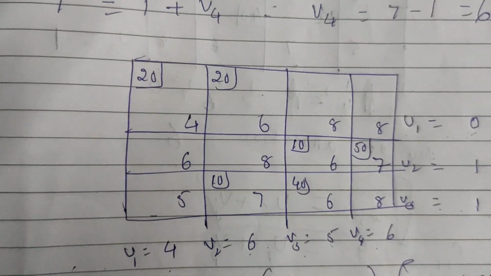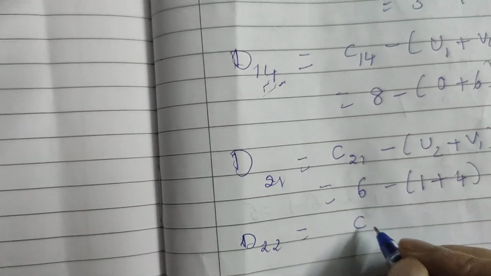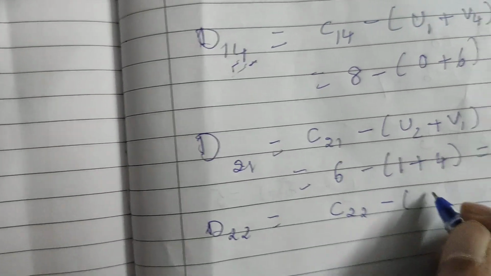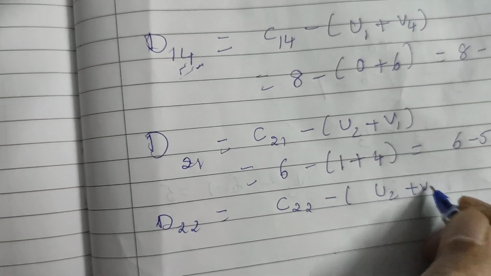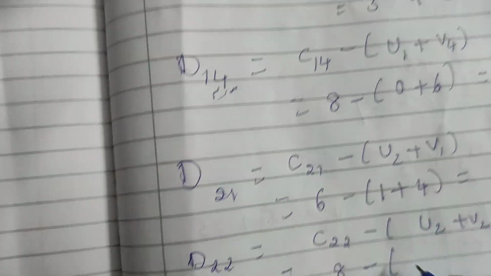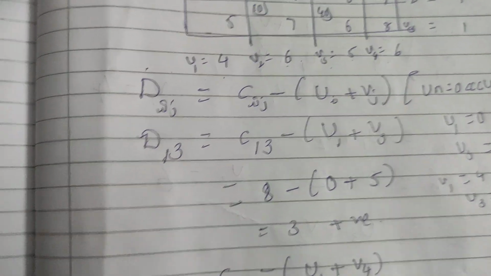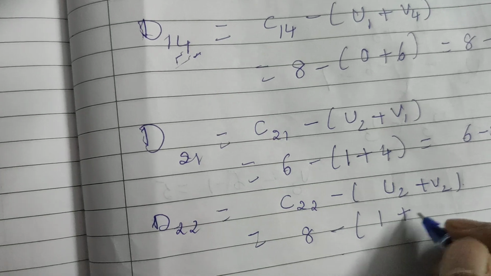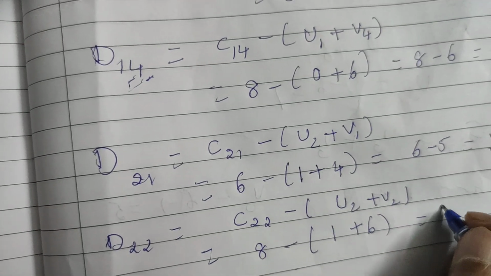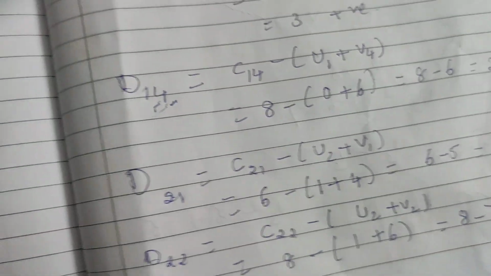Next we go for D22, second row, second column. D22 is equal to C22 minus (U2 plus V2). C22 cost is 8 minus U2 plus V2, which is 1 plus 6. So 1 plus 6 is 7. 8 minus 7 is equal to 1. It is positive. Next we go for